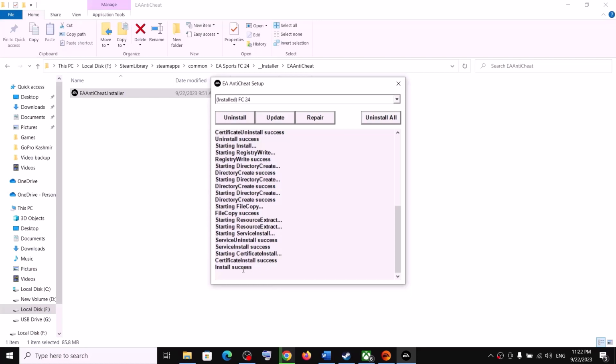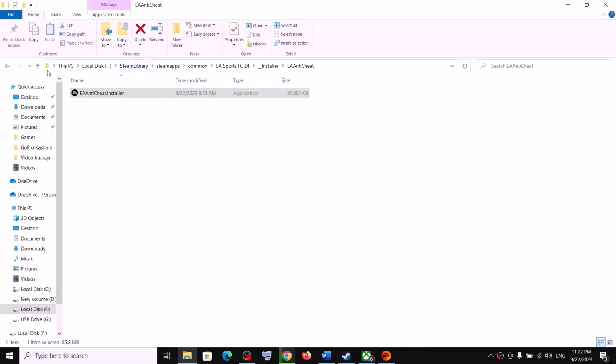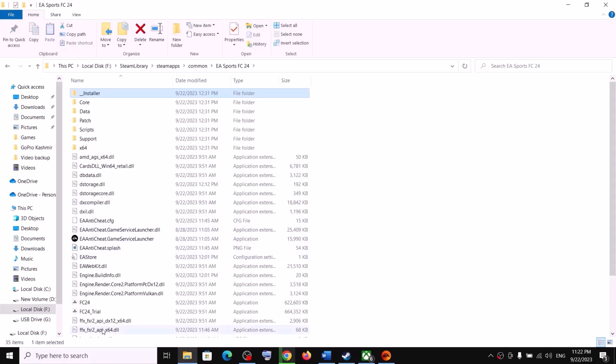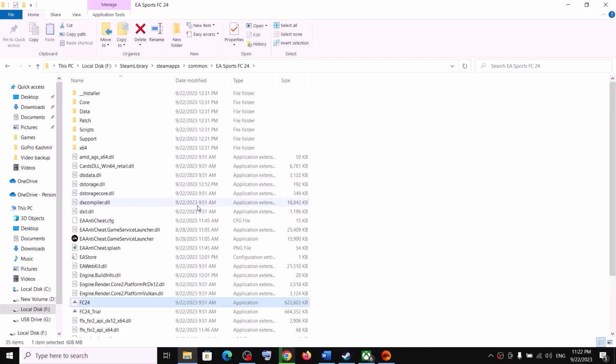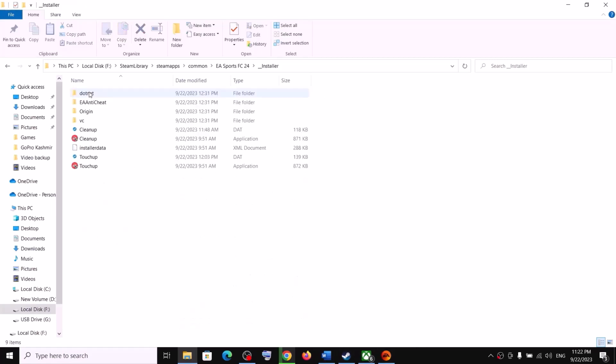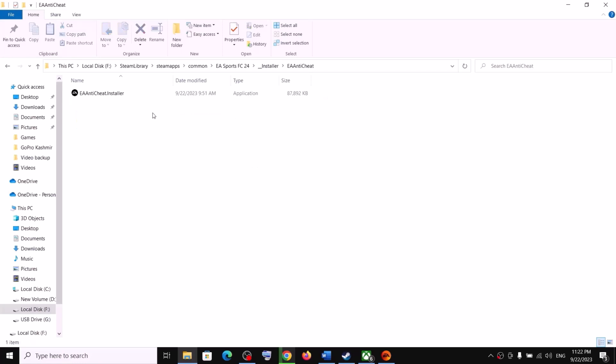Install success. I think this is done. Now you can close this and then go back and double click, launch the game from the game installation folder, or you can launch it from Steam or Xbox. Now if you're still facing the problem, then open installer folder, EA AntiCheat, and then again make a right click, then